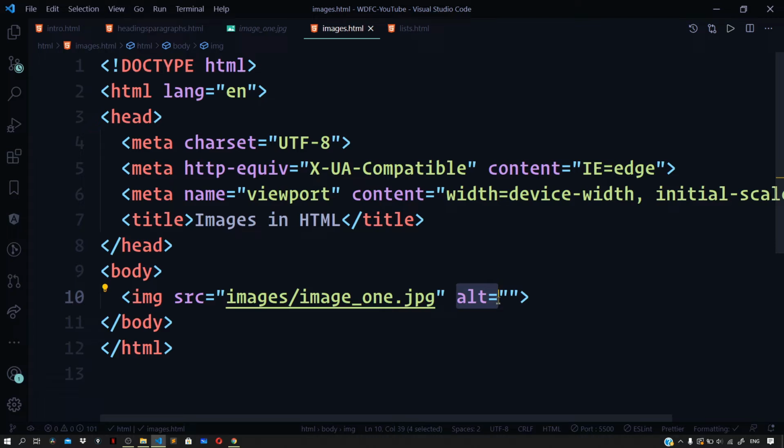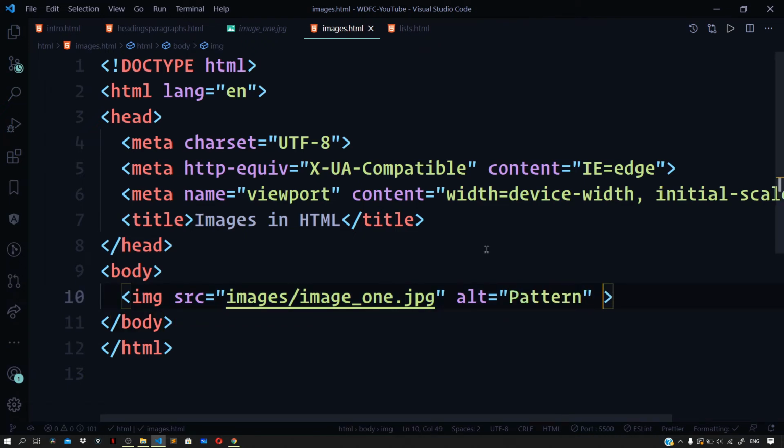In case the image fails to load, then the text that we specify right inside the alt attribute will get rendered as fallback. Also, the reason for using an alt attribute is to make the element accessible to visually impaired users who use screen readers to access this content. Another benefit of using the alt attribute is that it helps search engines to understand what we are providing here, right? Let me name this as pattern.